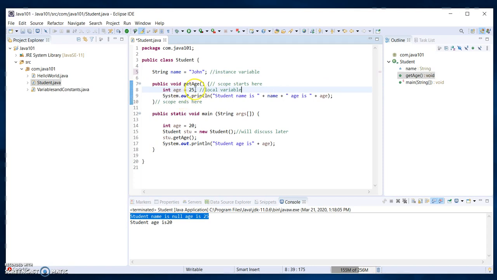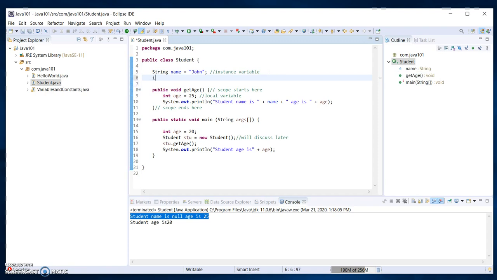Okay, but on the other hand, আমি যদি এখানে local variable এর শুধু declaration দিলাম, initialization দিলাম না, এবং পরে আমি যখন use করতে যাব দেখেন there is an error, and what it says the local variable age may not have been initialized. Okay, so we have to make always sure that the local variable has to be initialized before it is being used. So আমরা আগের অবস্থায় চলে গেলাম।